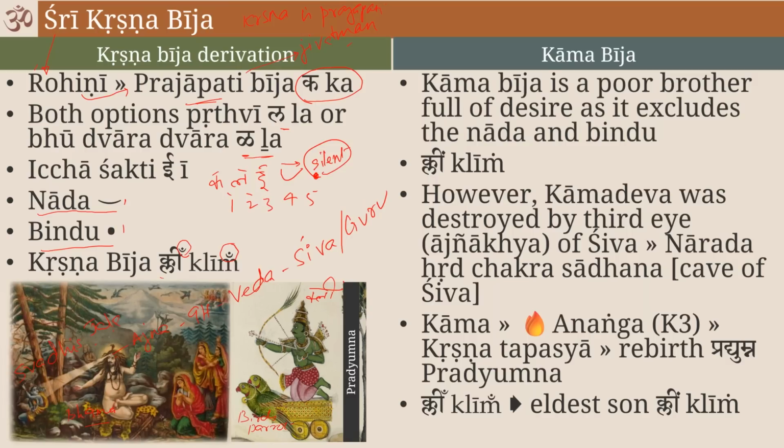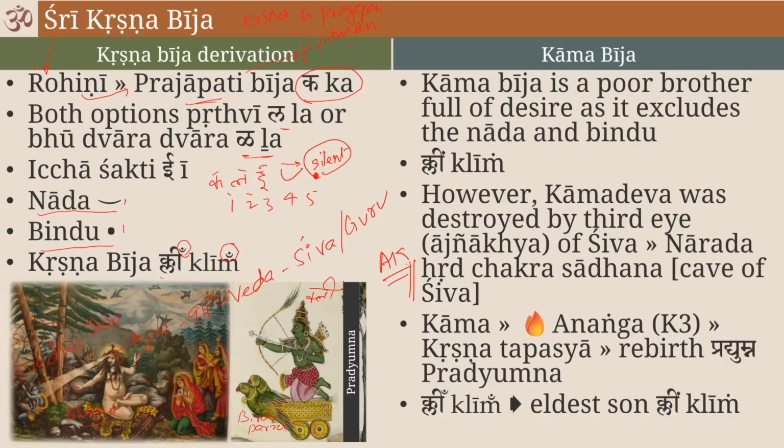And then when Kamadeva was destroyed by the third eye of Lord Shiva, Narada's Hrid Chakra Sadhana. So you must remember, if you do this Hrid Chakra Sadhana, this is associated with Atma Karaka Sadhana. There is an Atma Karaka Sadhana which I plan to teach during this Brihaspati Jyotish, or maybe in what we call Shiva Mahapuran year 2. That will be the correct time. In that sadhana, you are able to completely destroy the Kamadeva inside you, and the Rathas does not go down anymore, it will go up.